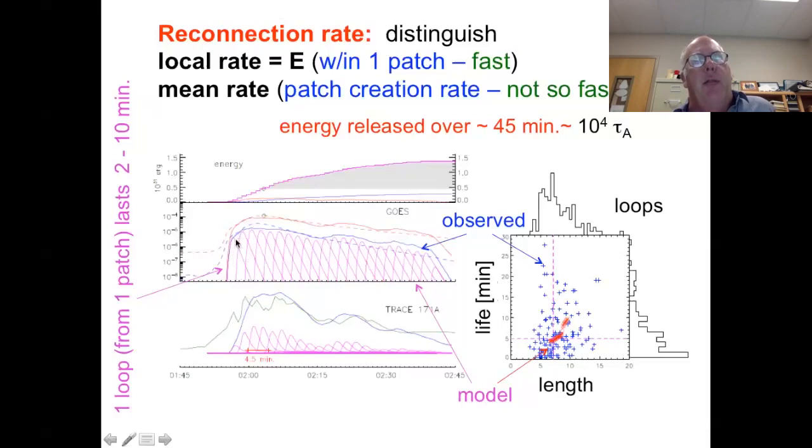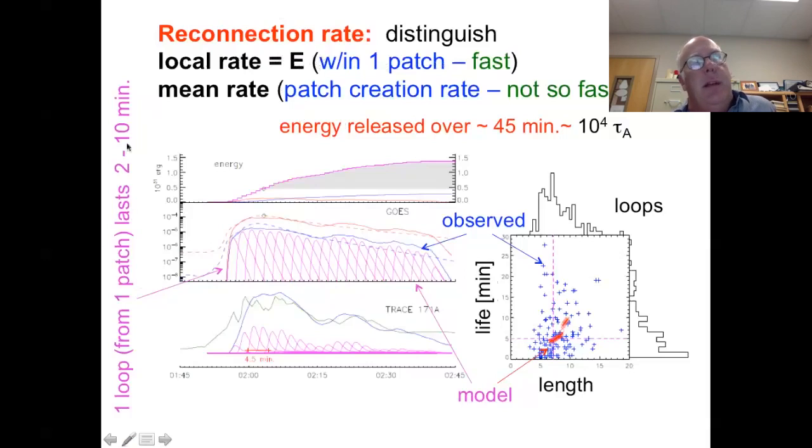And so we have to remember there's two electric fields we could be thinking of. A lot of people focus on the electric field that's inside that diffusion region. And that is probably very, very large, and it's creating these little tubes that we then later see as loops. That is not what we're measuring when we measure the electric field. That 10 gigavolts that we looked at was actually telling us,